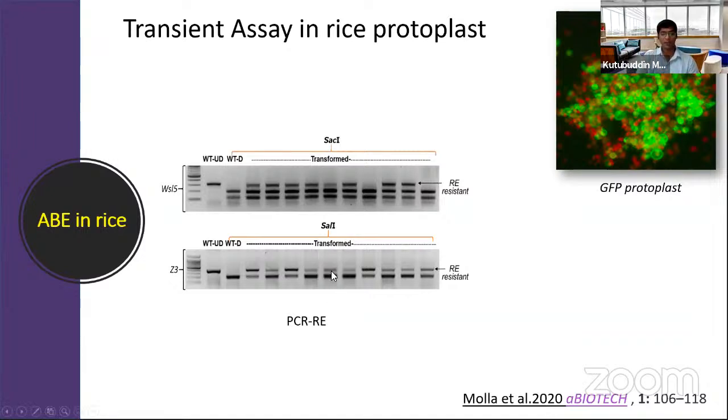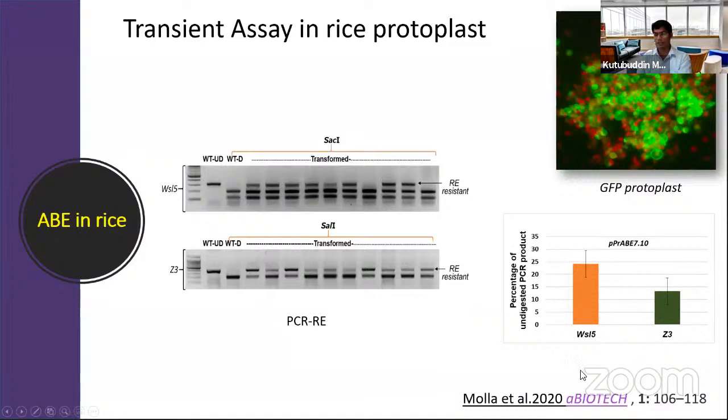Similarly, for SAL1, for the second target Z3, we also found quite a good amount of resistant band. That's an indication of successful editing at the target loci. So this was our efficiency, where we found WSL5 is more efficient than Z3. But